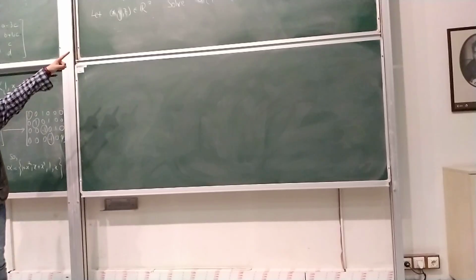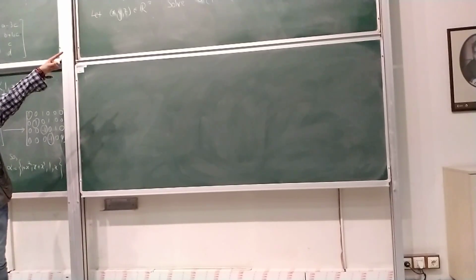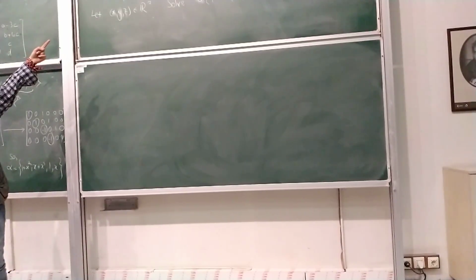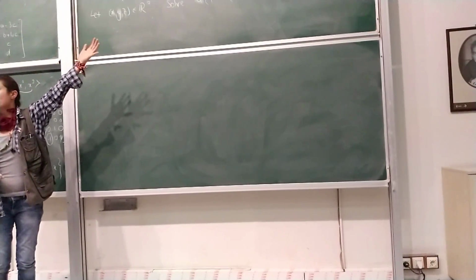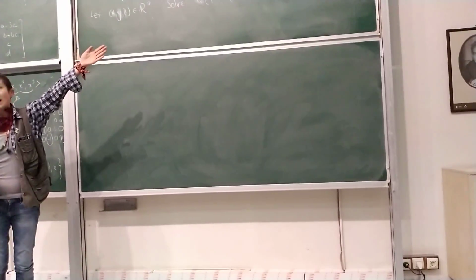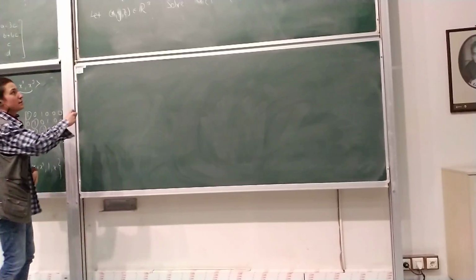So what does that system give me? A times the first component plus B times the first component of beta 2 plus C times the first component of beta 3 will give me X, right? So the system is